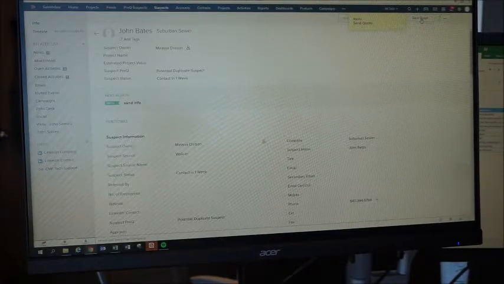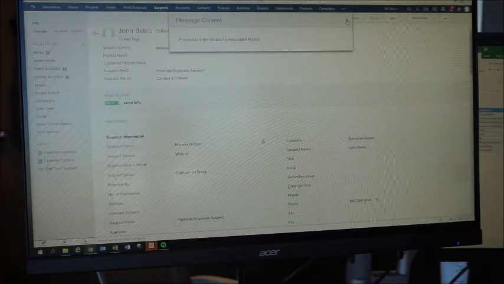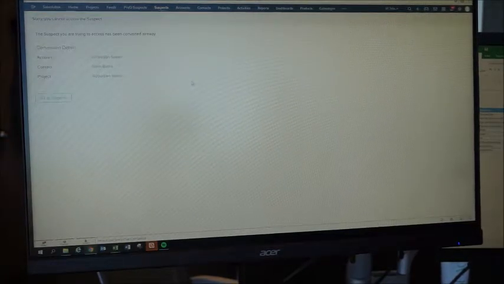it just performs the function of converting them from a suspect to a prospect. So I'm going to click send quote. And when it does that, it automatically, they're no longer a suspect anymore. Now they're going to be in accounts. And it automatically set up a project,